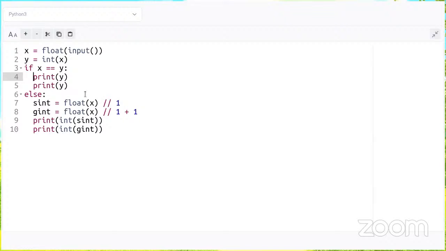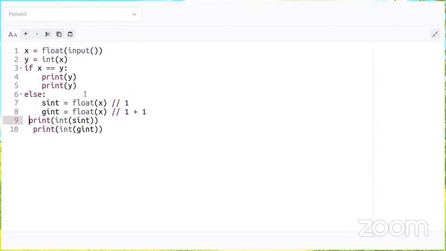Okay, the other thing is always try to use the custom indentation that the portal uses, 4 spaces. If I press enter, it will give you 4 spaces or a tab. Usually a tab is 4 spaces. Two spaces is not wrong, but if you have four spaces, it makes your code look much better. Actually, I'd written the code in Replit and then just copy pasted. In Replit there is an option to change your tab to four spaces. Okay, so maybe we'll take that up in the next session. Anyway, the code is correct.